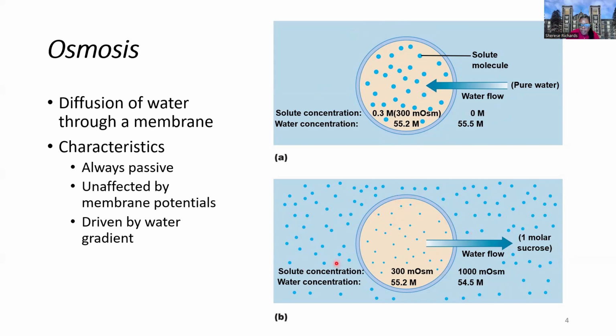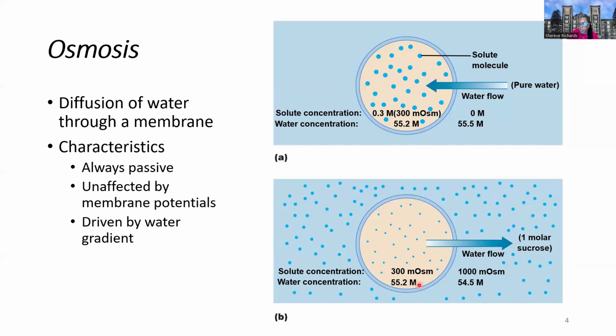Looking at scenario B, let's look at another example. So down here we have sucrose, right? We have 1,000 milliosmol as the osmolarity of the solution outside, and then the water concentration is 54.5 moles of water, right? So it's not pure water. It has some solutes, i.e. sucrose, dissolved in the solution. And on the inside of our cell, we have solute concentration as well. 300 is the osmolarity, so it's a lower amount of solute concentration. And then the solution for water is